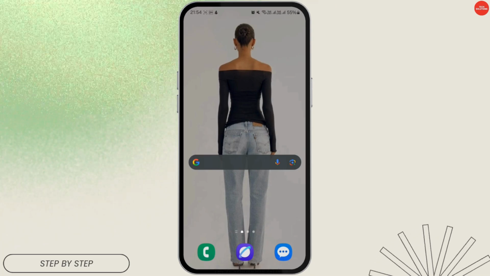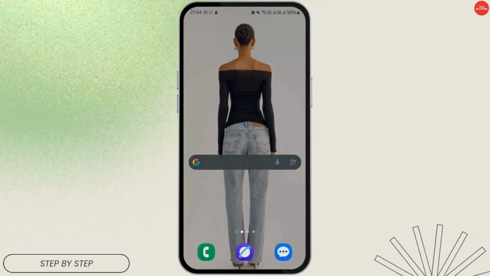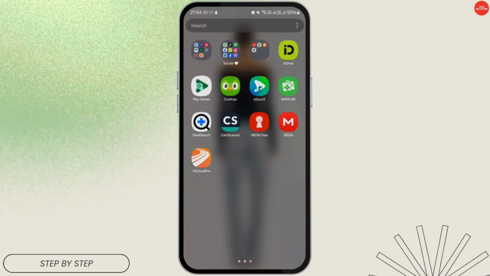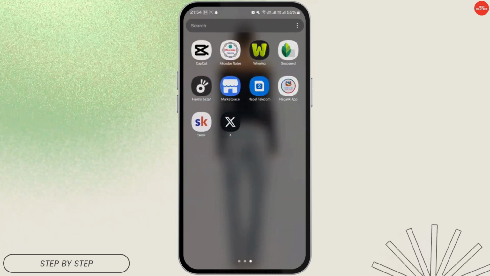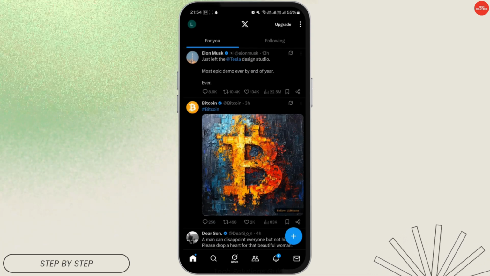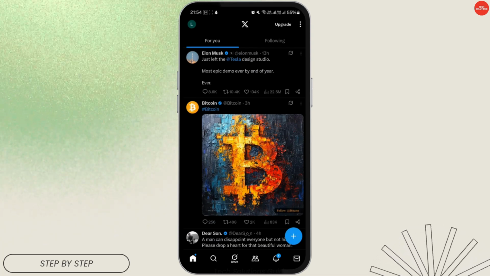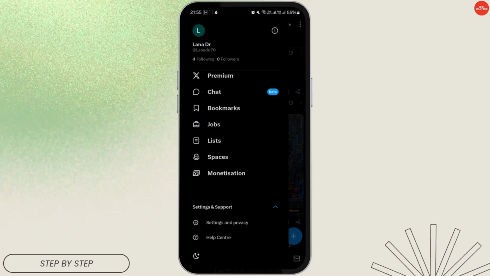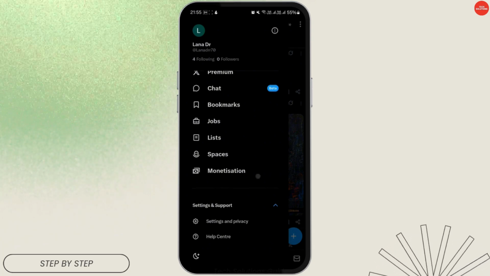So today we're going to talk about logging out of your Twitter or X account on your iPhone or Android. First of all, you need to go ahead and install the latest version of the X application on your mobile device, launch the app, log into your account, and then tap on your profile icon in the top left corner from your home page. Once you do that, you will be taken to a menu where you need to click on